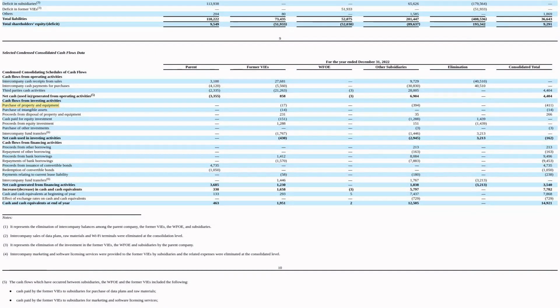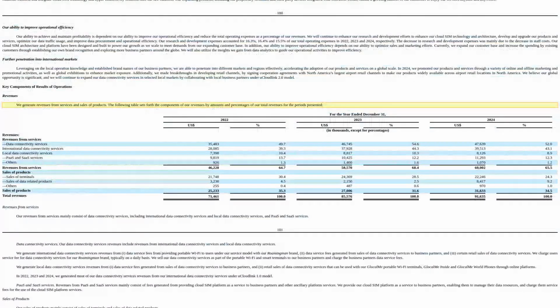Let's dive into revenues and profitability. uCloudlink makes money in a couple of ways: services and sales of products. Services are things like data connectivity and their PaaS platform, which help other businesses manage their own connectivity services. In terms of percentages of revenues from international and local data connectivity services,